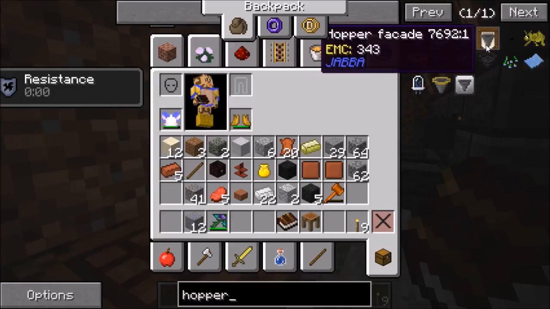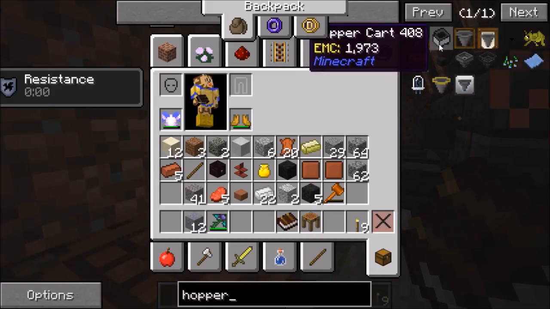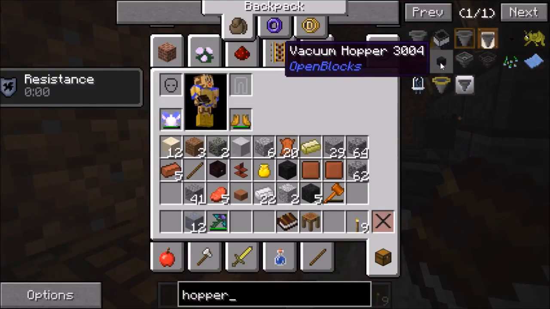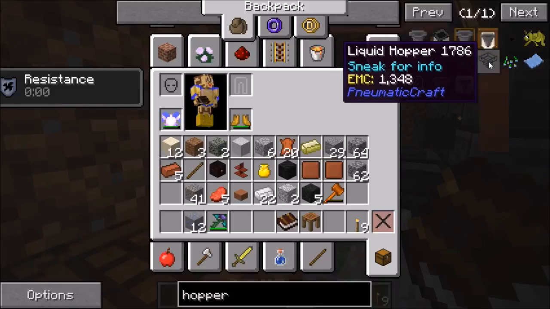I don't need a facade. I don't need a filter. I don't need a hopper cart. This might be really interesting, though, for mining. When I have an EM system, who knows? A vacuum hopper can be very interesting, too. Liquid hoppers, you use this in...